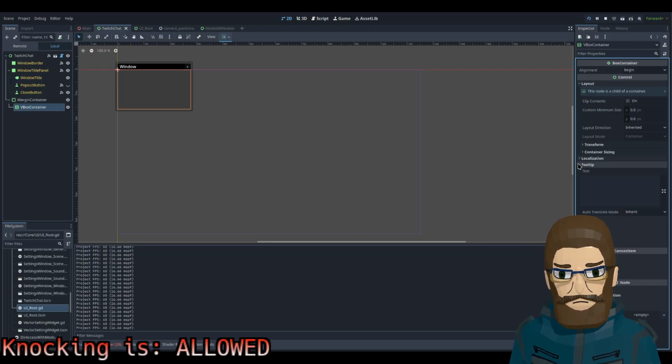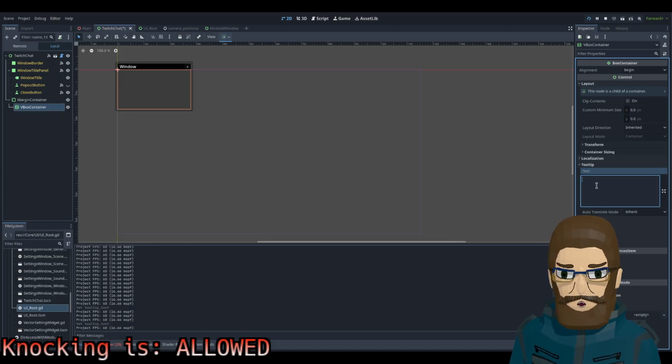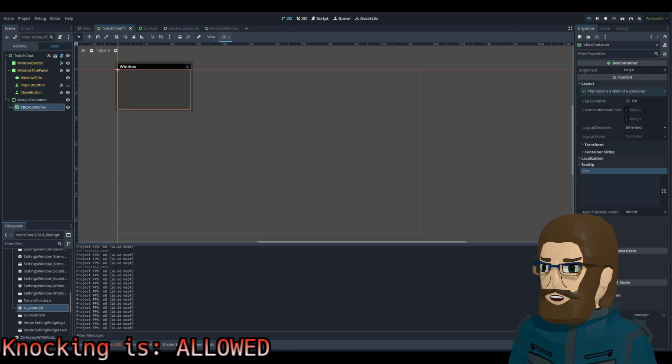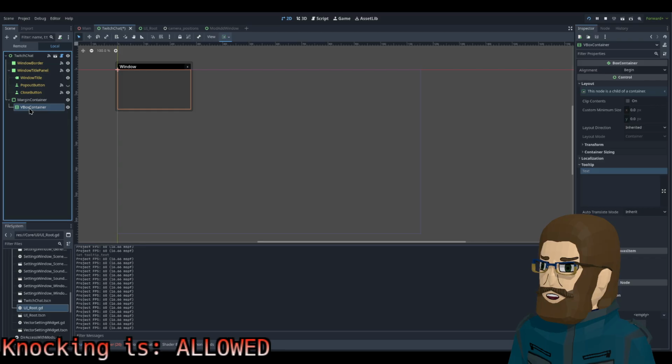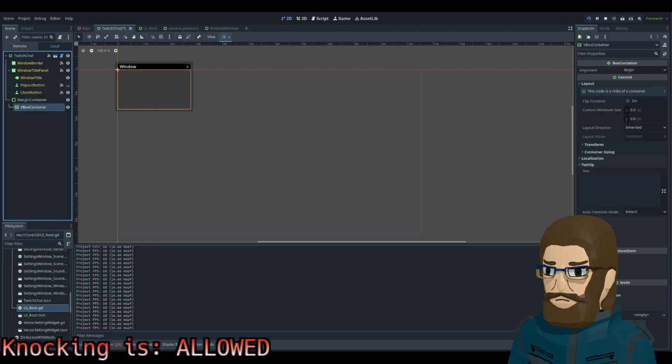Is there like a text input in here? Tooltip? No, that's just like on hover. Probably. It's so menus. Maybe I can margin VBox. Let's add just like a text input or text edit. Yeah, sure.